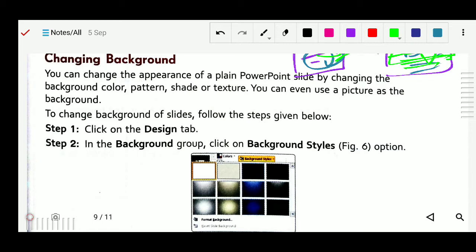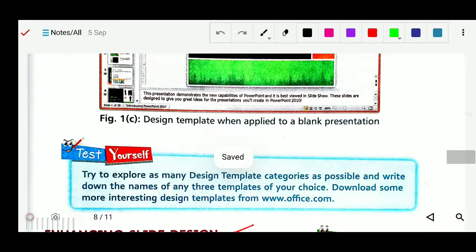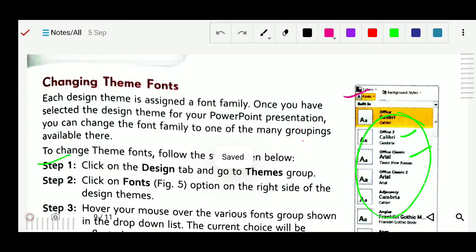So what is the step? The same step as we have followed here. We have to go to the design theme, here, design.